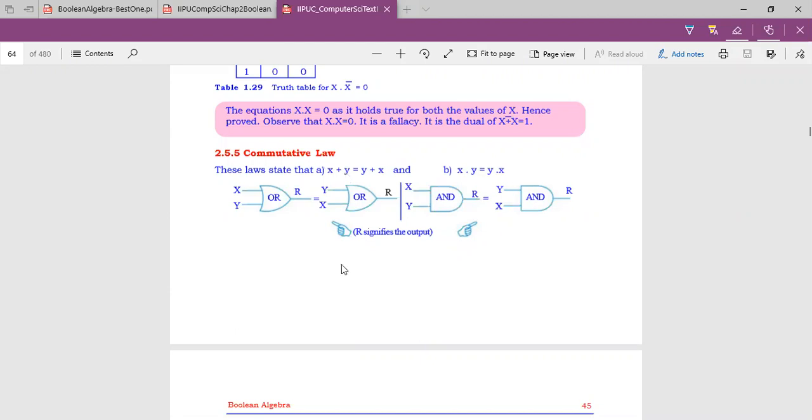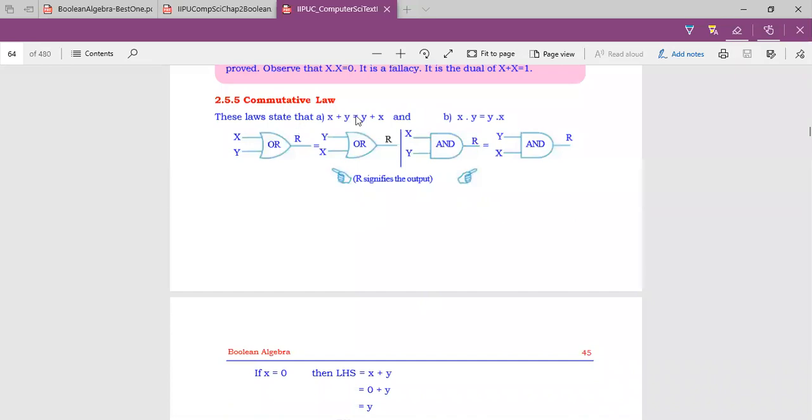You know it. Now, the diagrams for this one, you can see here x plus y. For x plus y, you require the OR gate. X is the first input, y is the second input. The OR gate gives x plus y. Then that is equal to y plus x. For this expression, on both sides, you draw the gate diagrams. This is y and x. It is also equal to y and x. So x plus y OR is equal to y x OR. Same it is. Here also, two AND gates you require. X dot y is equal to y dot x. That's it.